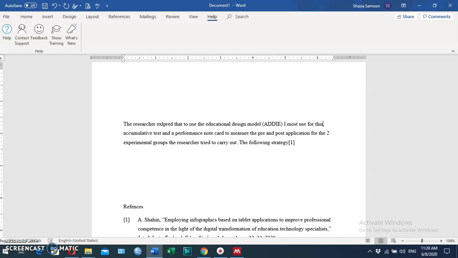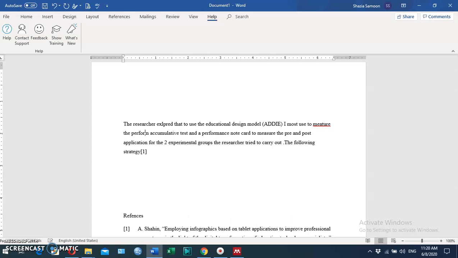Then full stop. Now you can add: useful to measure the performance of application.